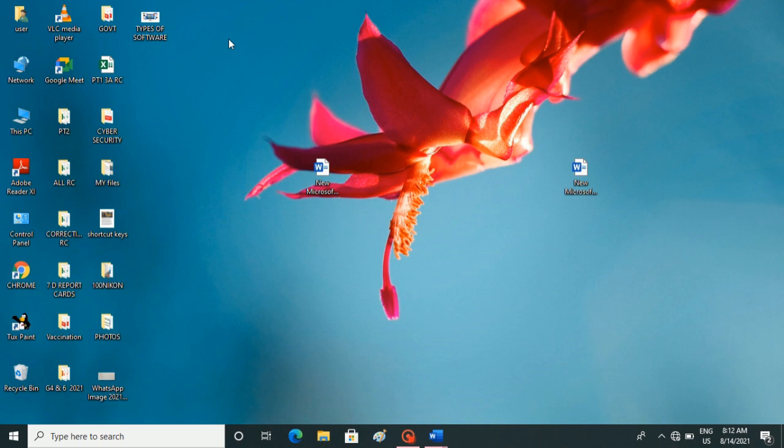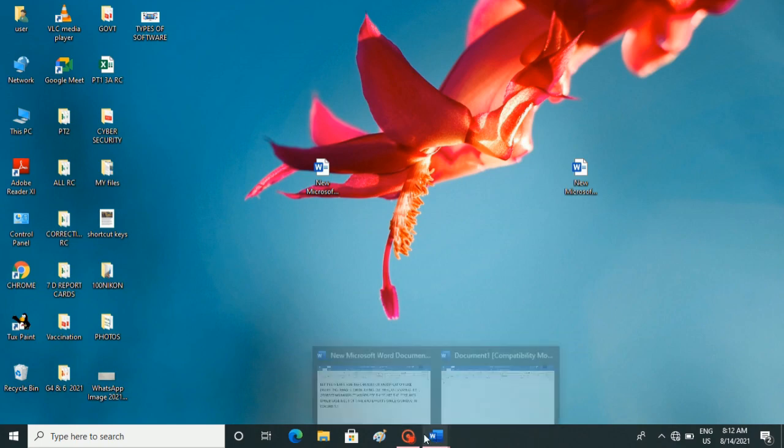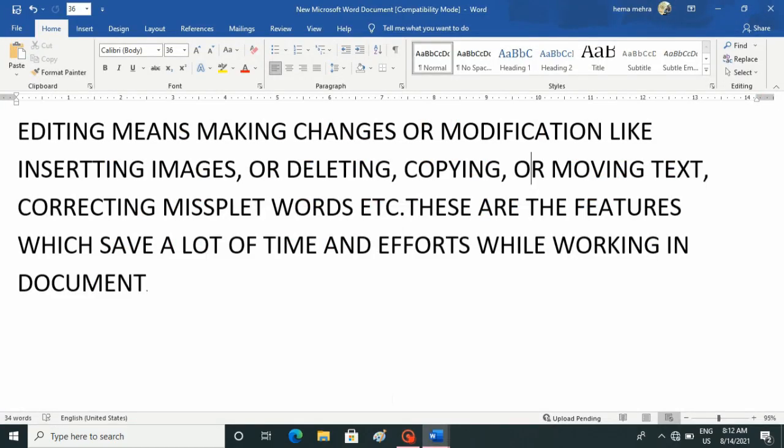But before we start learning these features, let's learn how to select the text. The most important part of doing the editing is the selection of the text. To perform editing in this document, we need to select the block of text on which the editing is to be performed.